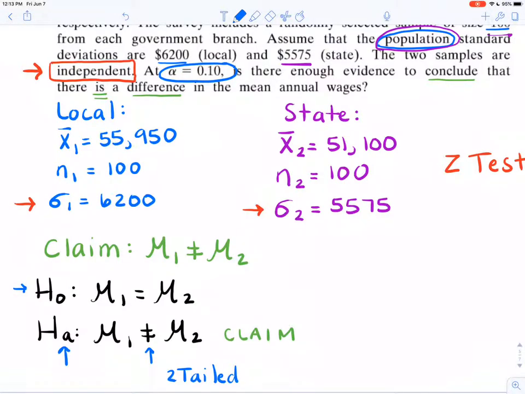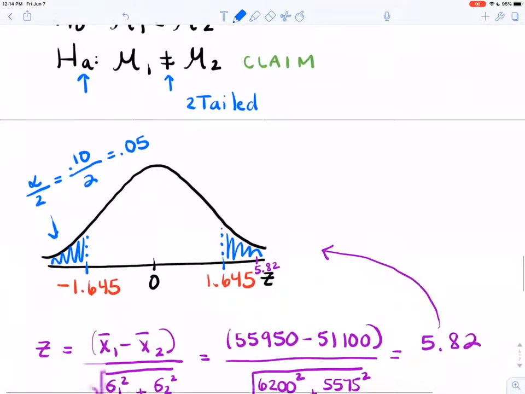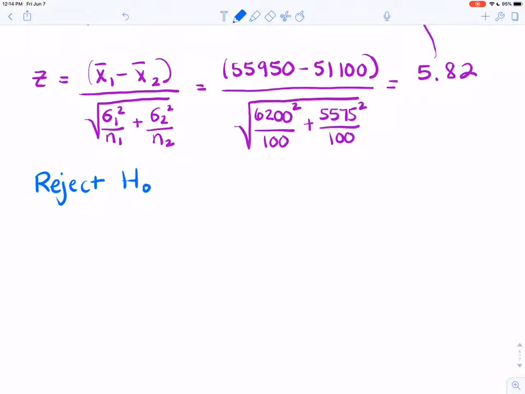It says that's wrong. And anytime you reject the null hypothesis, the alternative has to be true because it's the opposite. So if we're rejecting mu1 equal to mu2, then we're saying, yeah, there is a difference between the two if that null hypothesis must be rejected. So the answer to the question here would be yes. More specifically, there is enough evidence